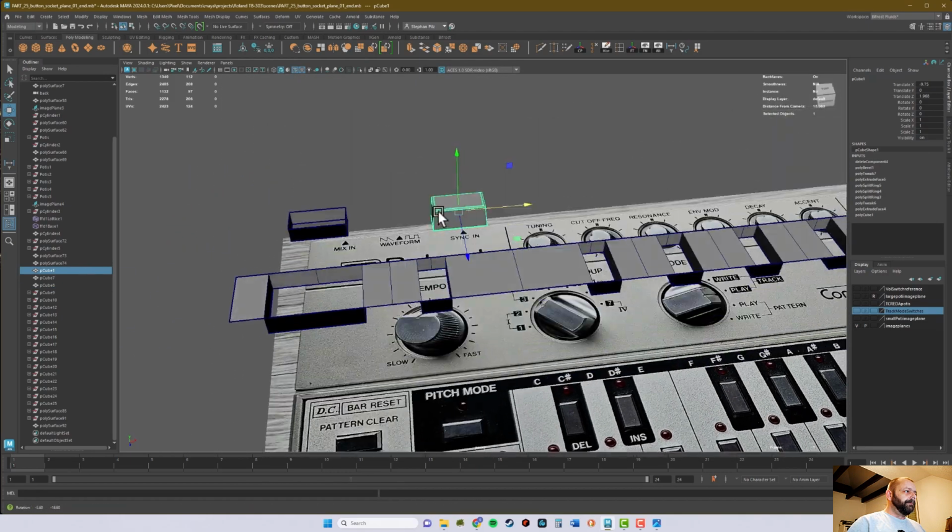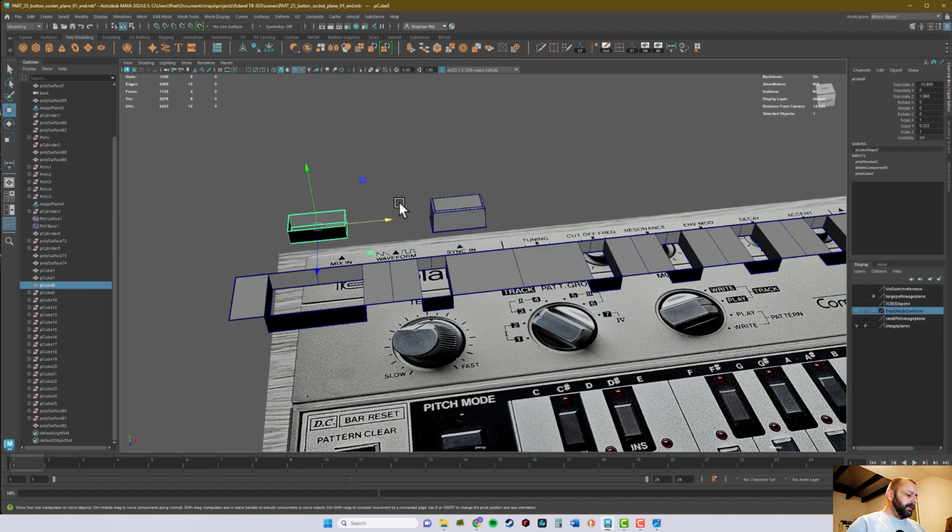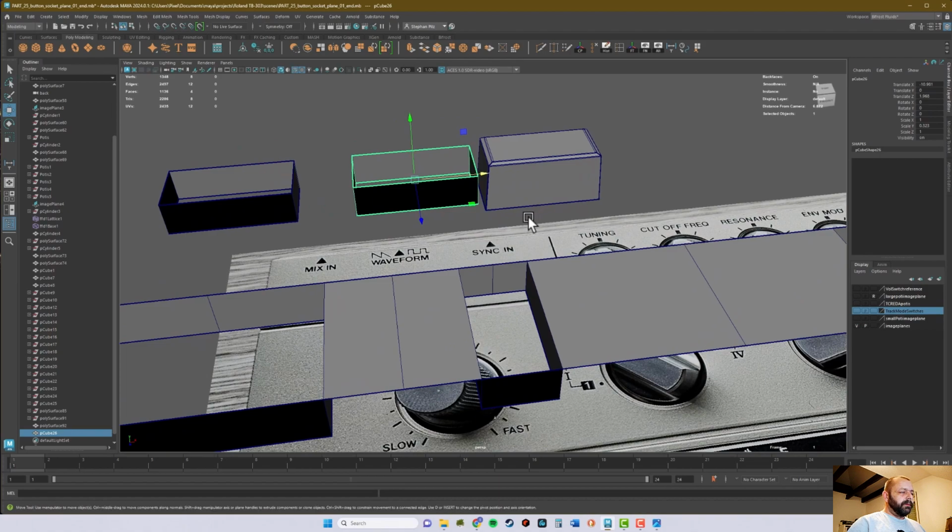So this one, let's make a duplicate, move it here, and then Control D to duplicate, and then we change the pivot, press D, V middle mouse, snap it here,